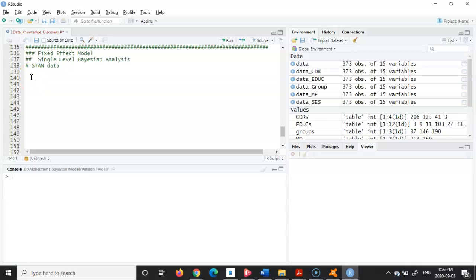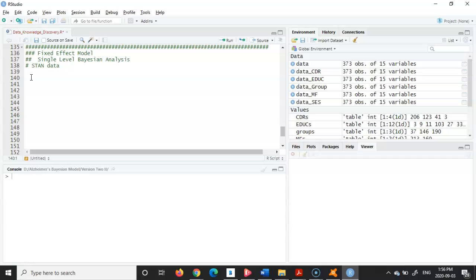I mean that I do not incorporate any variations that we discovered from our different groups, the group CDR scores, for example, or the gender, and we assume that the model that we create is not going to change from individual to individual. You remember from the previous course, when we are working with Stan, we have